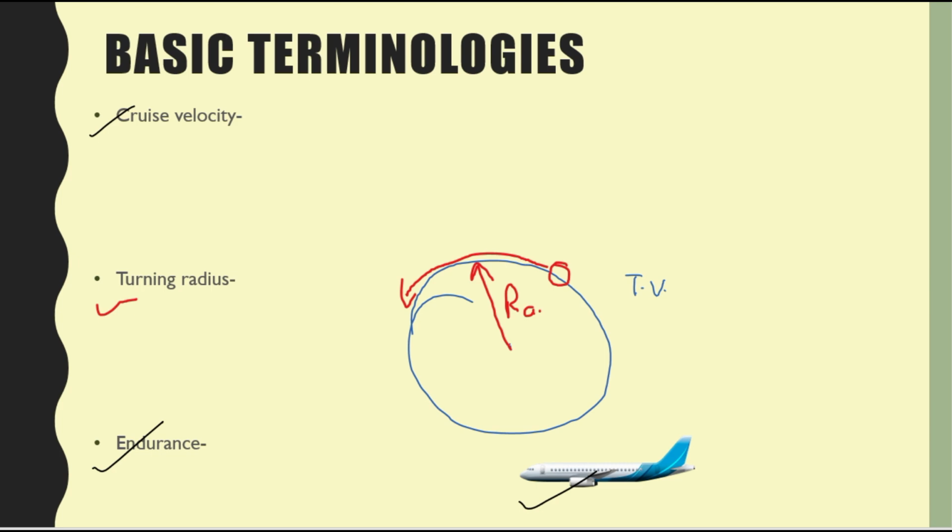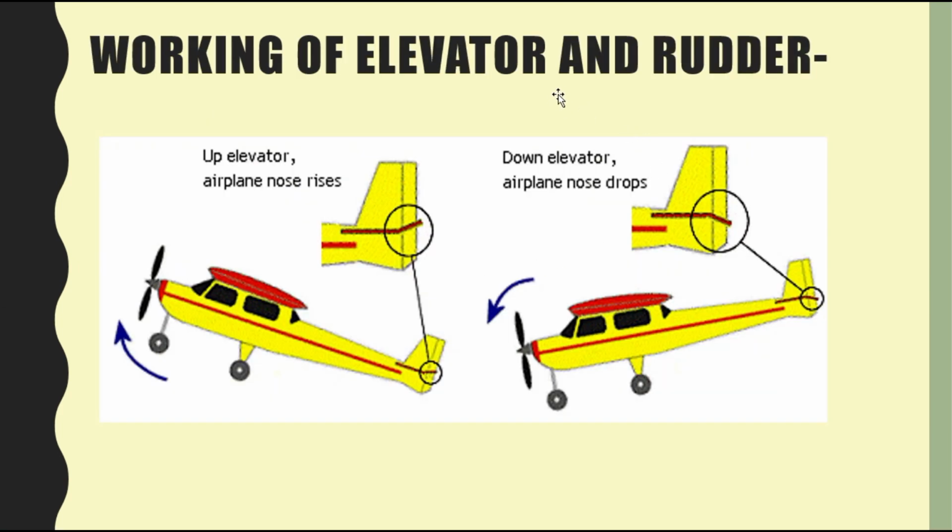Now let's see how exactly the elevator and rudder are going to work. I'm explaining these terms in a pretty preliminary way so that you can understand. I'm not going into the exact technical terms, because my aim in defining these things is to make you understand how they are actually going to work out. Now, let's say we have an elevator over here. This is the elevator. An elevator can move in these directions, up and down. You can see this is at the up position right now, and now this is at the down position.